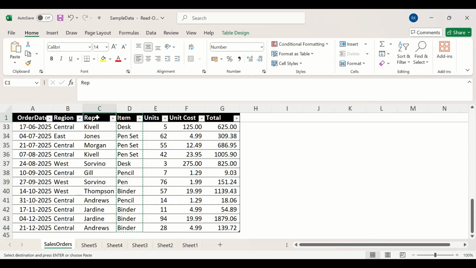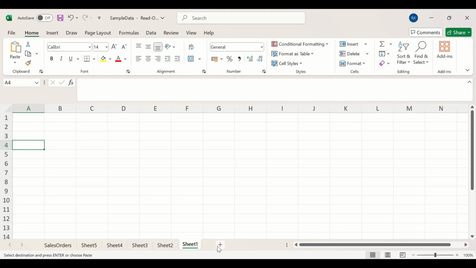So let's take C. So in this one, just click on any of the cell here and then press Ctrl Shift and page down. Now you can see the whole data got selected. Okay, then right click it, copy it and then open any kind of new sheet. Okay, and here after coming here, just click on any of the cell and then press Ctrl